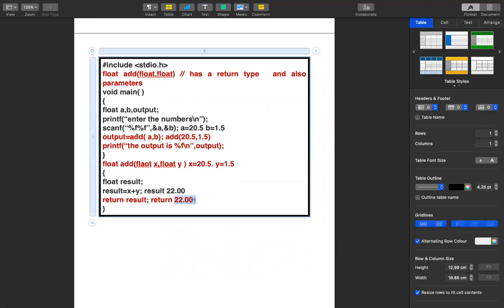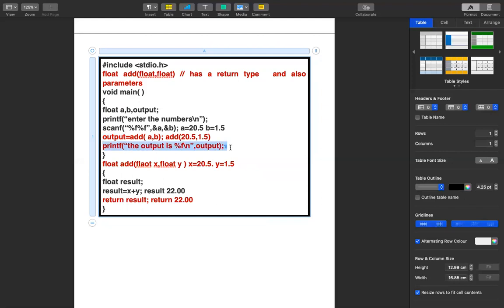So where does it return this 22.00? It returns this 22.00 to the position where it has been called. Now that 22.00 is the answer of this particular function, and it is stored in output because it's assigned here. The function has been called and the result is assigned back to output. So if you return result, it comes to this point and saves that result in the output variable, and finally we are printing this output.